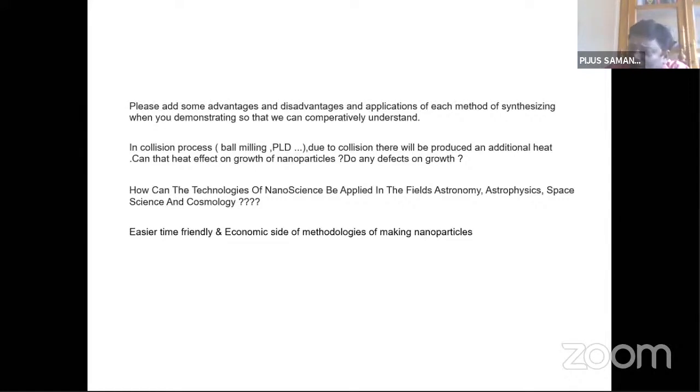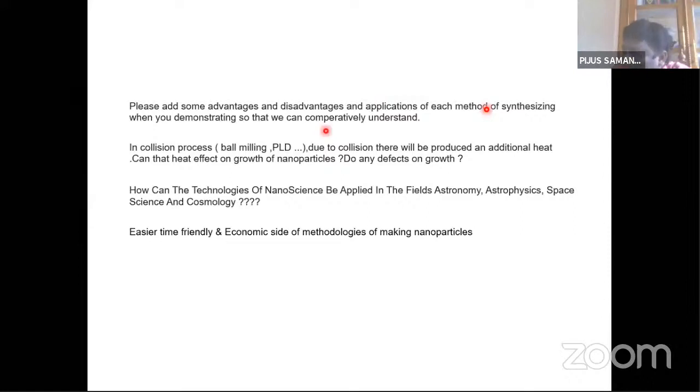Similarly, the advantage of these vapor phase methods is obviously that they produce high quality thin film, but the disadvantage is that we have to precisely control various parameters. As you have already discussed, pressure, temperature, concentration, carrier gas flow, etc. need to be precisely controlled. Otherwise, your sample will not show repeatable structure. And moreover, again and again, I must mention that these vapor phase methods are highly costly.